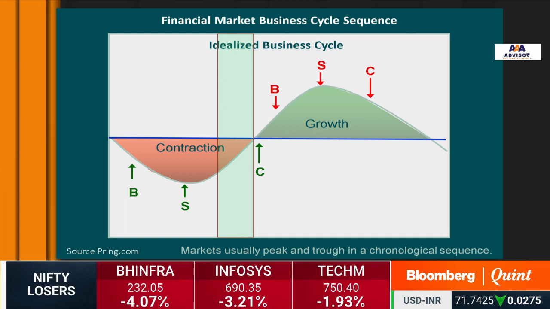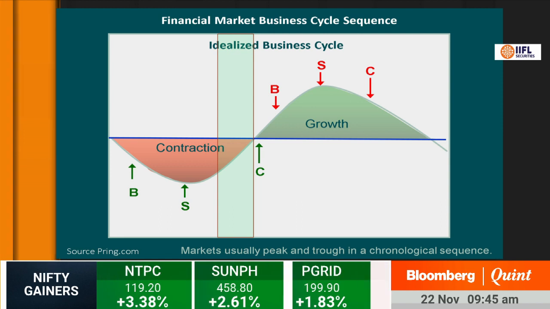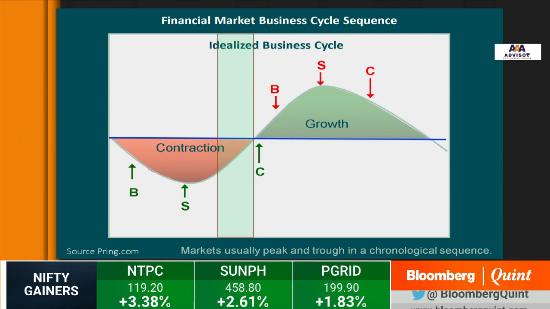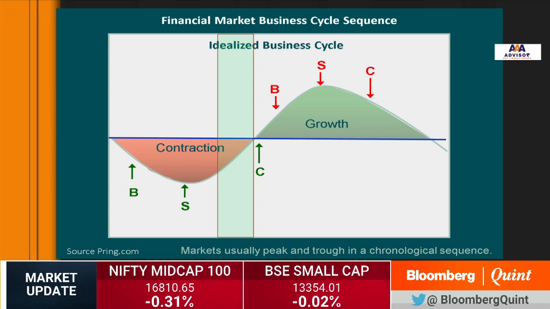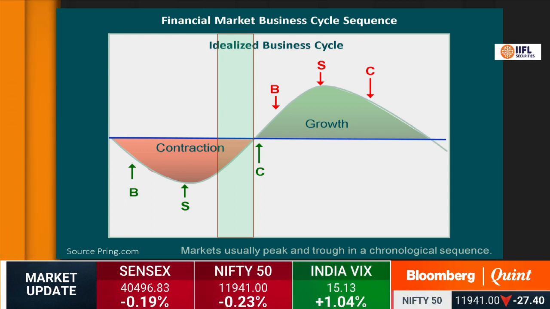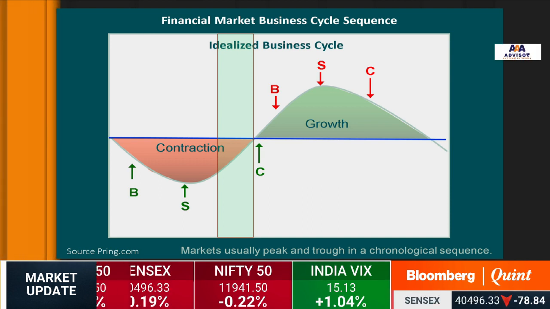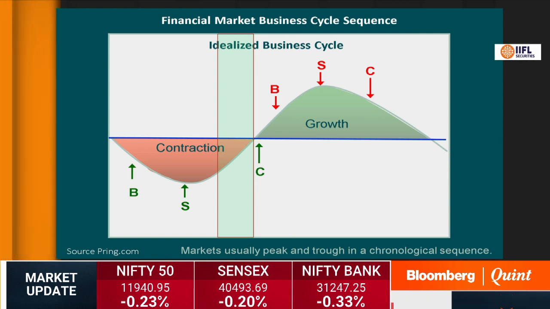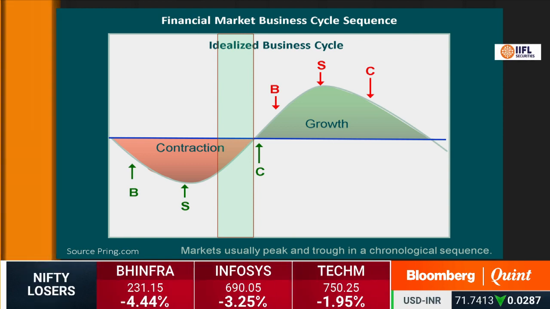No, that's okay. So now if you can please explain to us, because even I'm interested in knowing what it is trying to imply. First thing that bottoms during a bear market or during a recovery, the contraction, is bond prices, bond yields peak. And then of course money goes into the system, and people in the equity market begin to anticipate the next recovery. So that's why you see S at the bottom when the news is blackest, when it's really, really bad.